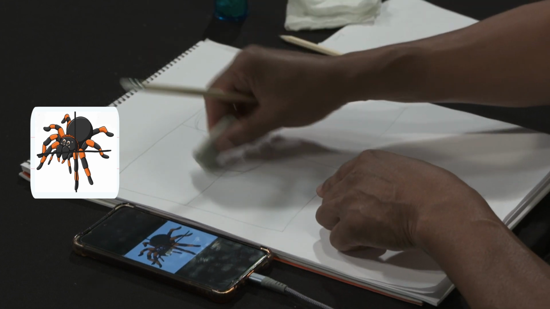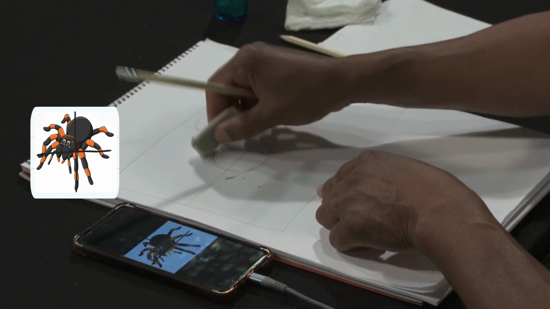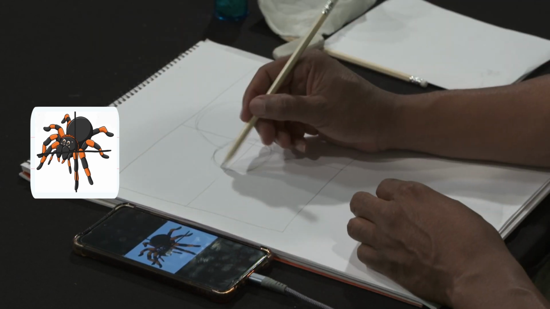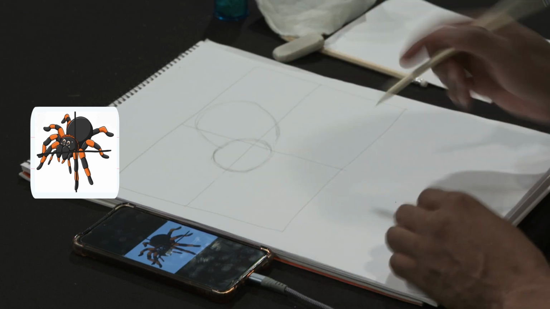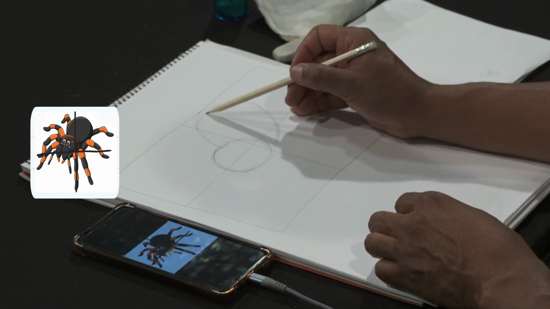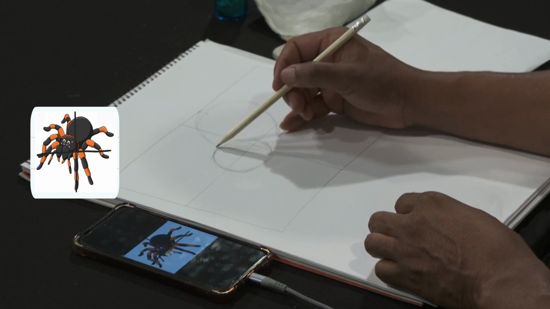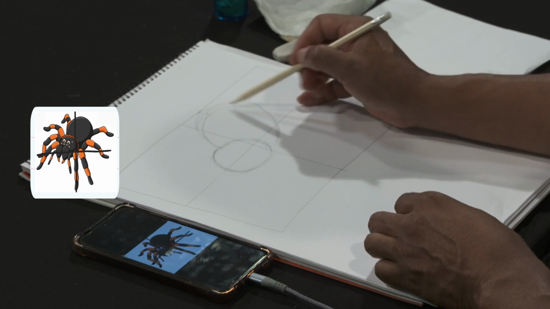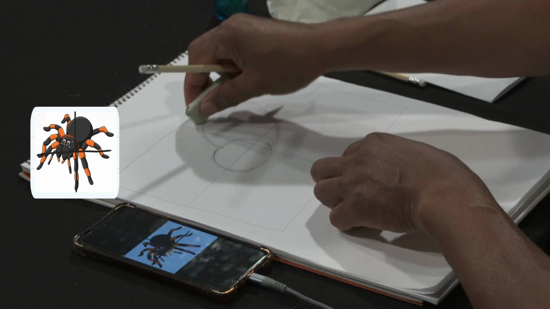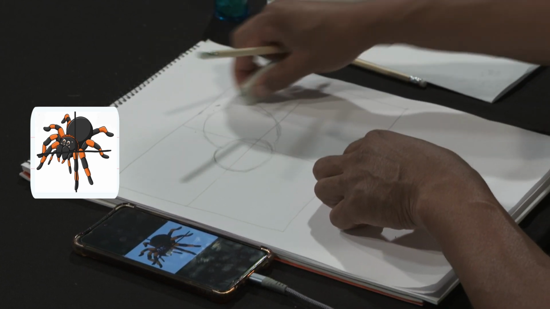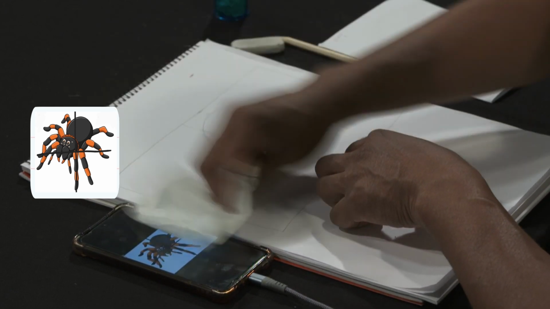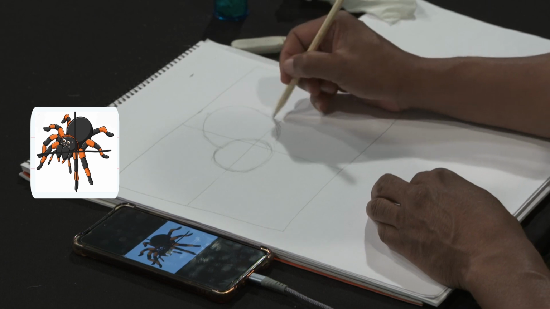Now, as I was talking, I decided to change the shape of this part here, where his head goes, and made it even smaller, because looking at the picture, I'm realizing the head is a little bit smaller than that. Right, so we've got his body going up. It doesn't quite touch, the distance between this top part here and his body is too close. So I'm going to bring this down about here somewhere, and bring that back round. Going to get rid of these lines here. You see, the more you look at it, the more you realize, oh, I've got that body in the wrong place. So you can refine it, rub out the mistake and keep going and put in the right spaces.